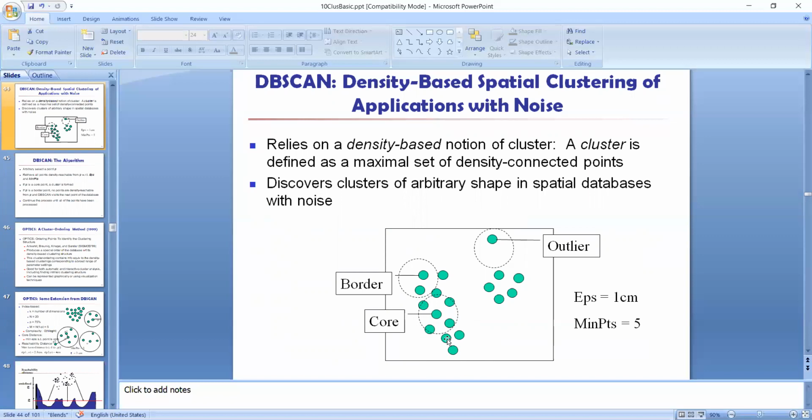Now again, if it is not a core point, we'll move to another point and retrieve all the density reachable points, and if it is a core point, we will make it a cluster, right? If it is noise or an outlier, we will avoid it. If it is a border point, we will move to the next point, check for the density reachable points, and make the cluster. This is the working of DBSCAN.